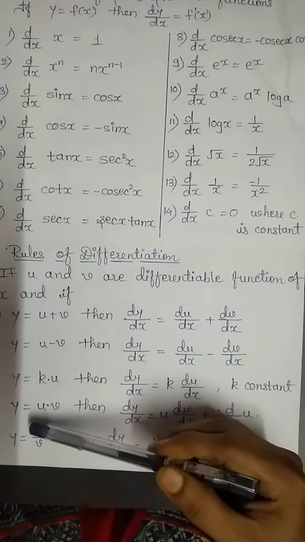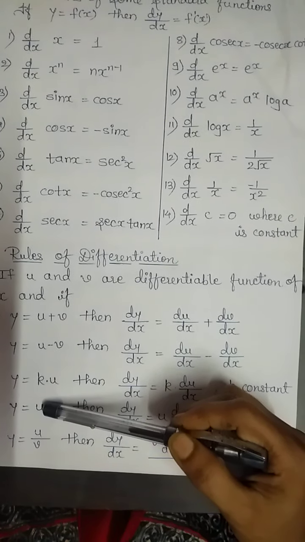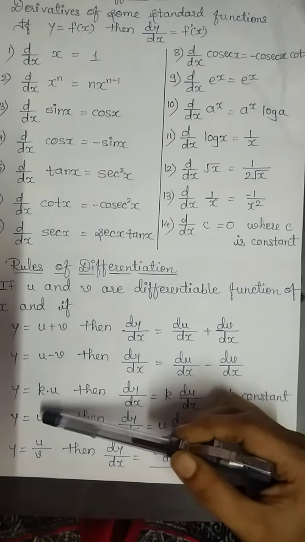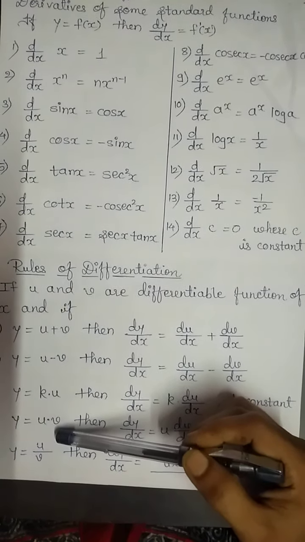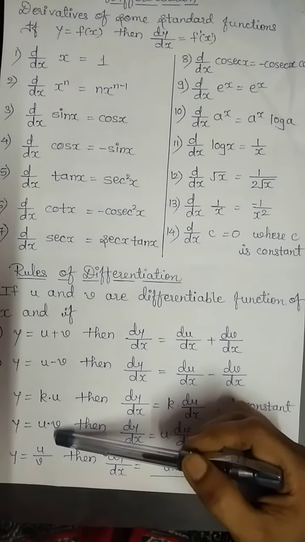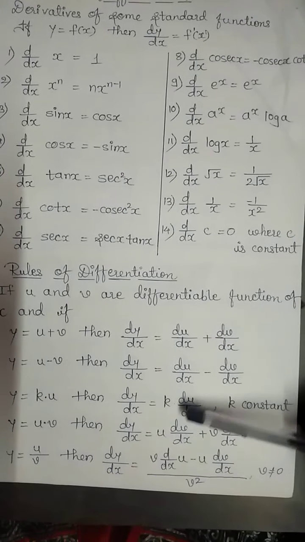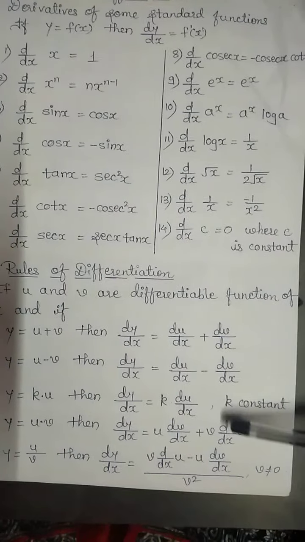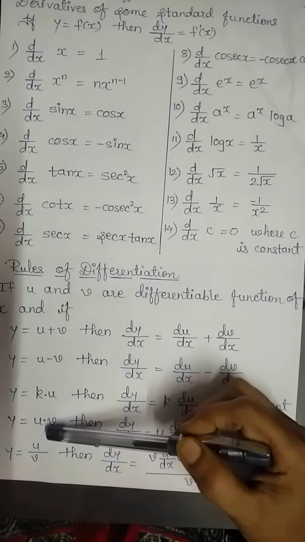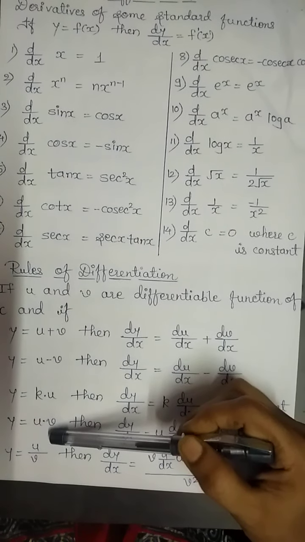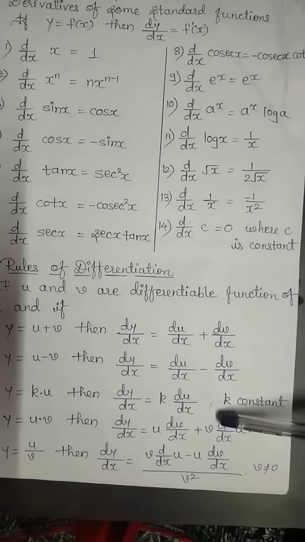Now next, y is equal to u into v. Here 2 terms are given in terms of multiplication. In this case we cannot find the derivative of first term into derivative of second term. We have a particular formula for multiplication, and this is also called the u into v rule, and it is given by u derivative of v plus v derivative of u. Means whenever 2 terms are given in terms of multiplication, then we cannot find derivative directly. Every time we need to apply this rule, which is called the u into v rule.